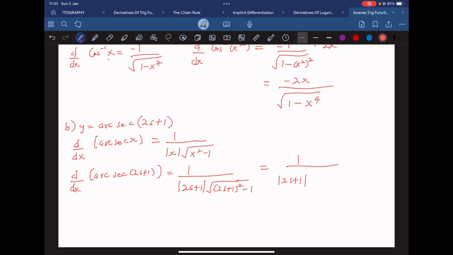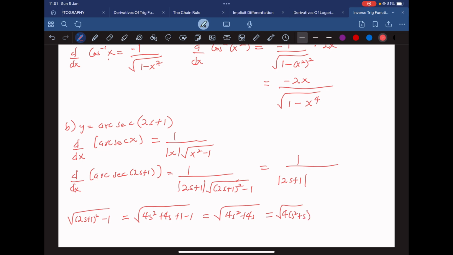Note, if you have 2x plus 1 squared minus 1, this is the same as, now if we expand 2x plus 1 squared, you have 4x squared plus 4x plus 1 and minus 1. You bring the minus 1, which just simplifies to 4x squared plus 4x, which is the same as, we can factorize the 4 outside, then we have x squared